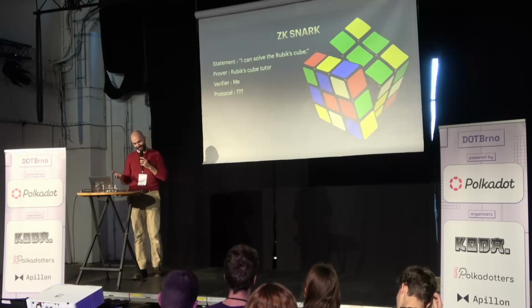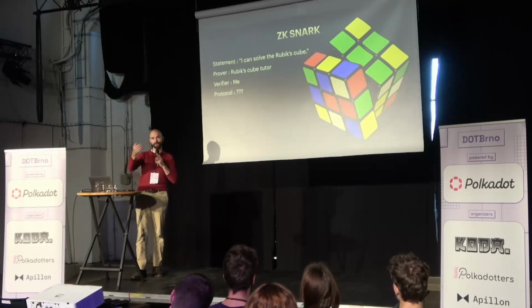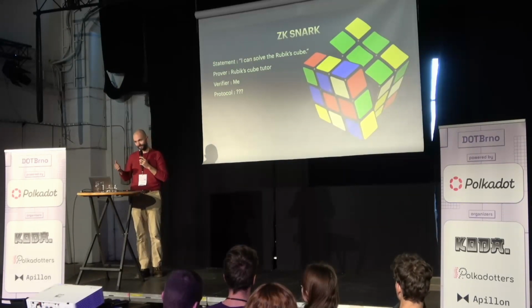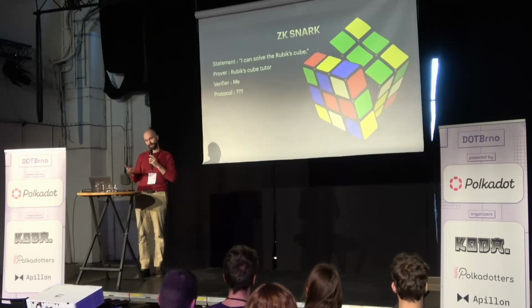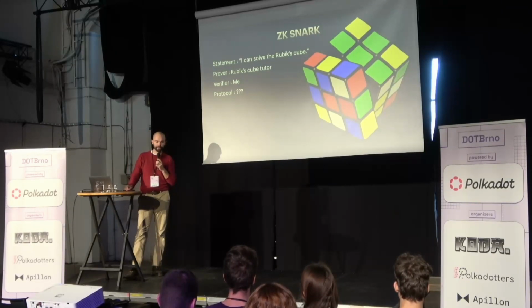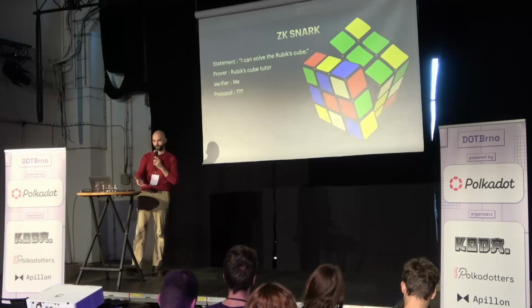So but okay, suppose that were the proof, then the protocol would be they send that proof to me, I look at that picture, and I've confirmed that the cube in the picture has been solved, right? So that's what I mean. I accept the proof if it's solved, I reject it if it's not. But that's not convincing, right? So we need the proofs to be convincing.